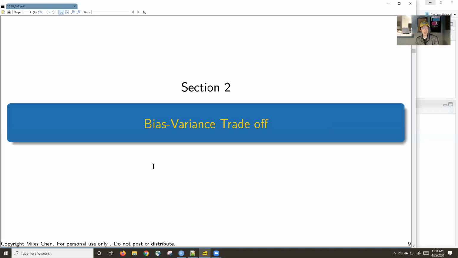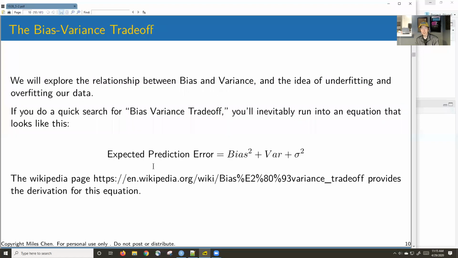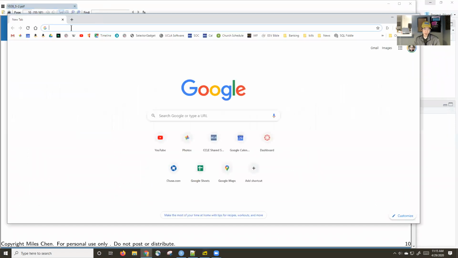This is a section from a lecture back in week 3 that I never got to. I think at the end of Monday's lecture in week 3, I didn't get to it, and so I copied and pasted it into here, and I'll cover it now. So here I'm going to talk about the bias variance trade-off. And if you search the internet for bias variance trade-off,